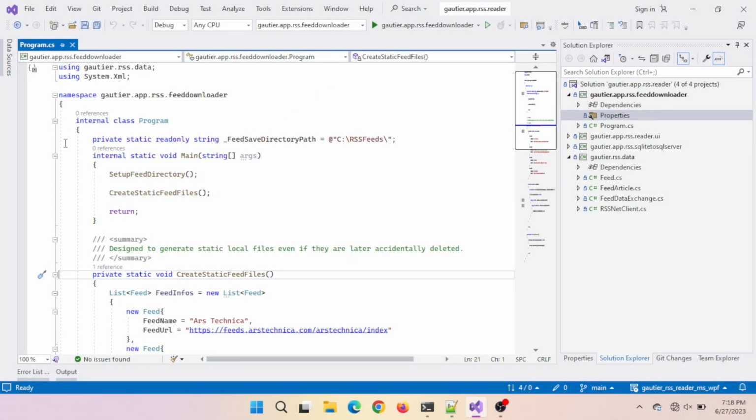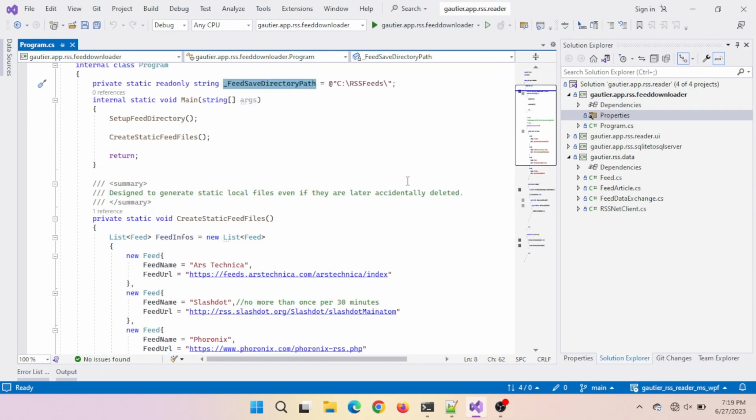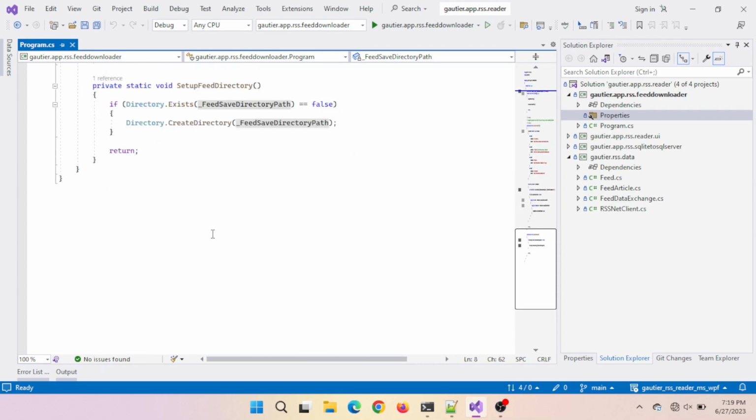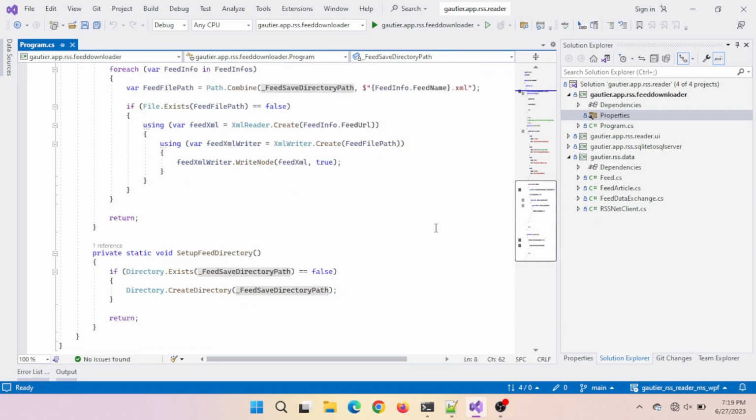Some internet sites are designed so that if you constantly access them every couple of seconds or every couple of minutes, they will interpret that as an attempt to bring down that website, that web server. And you want to make an internet accessible software program, but you don't want to run against the policies and preferences of that website. So, one of the ways that I address that in this particular development process is to